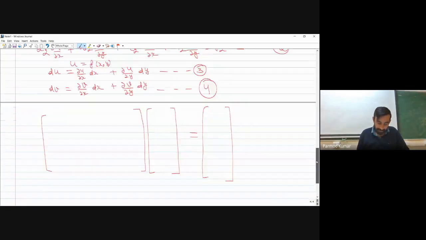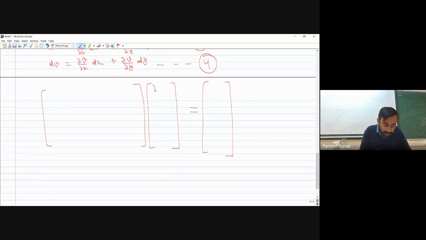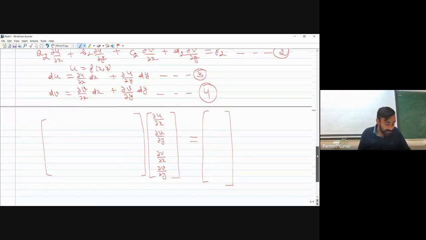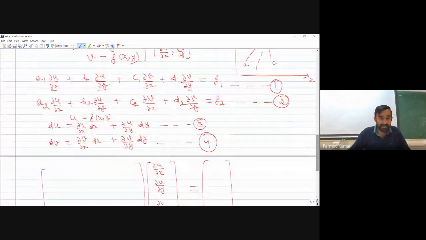If you see, in my first equation, parameters are del u by del x, del u by del y, del v by del x, and del v by del y. So I'll be writing these over here: del u by del x, del u by del y, del v by del x, and del v by del y. And how my coefficients will be appearing? If you follow this equation, we'll be finding that